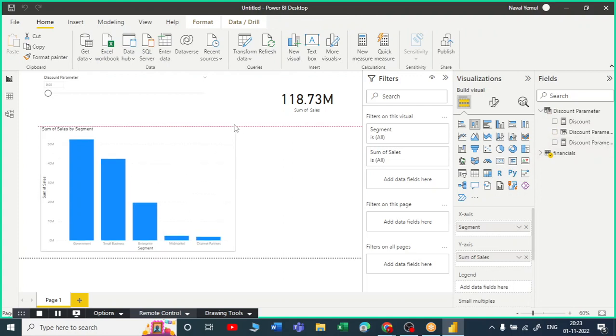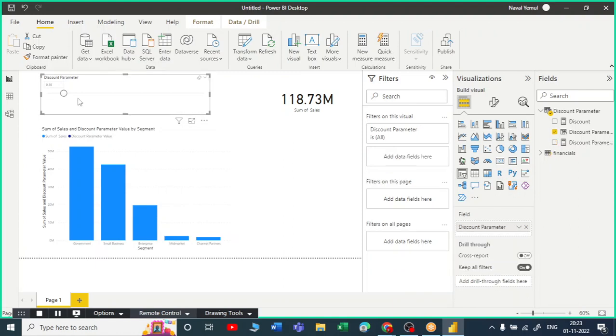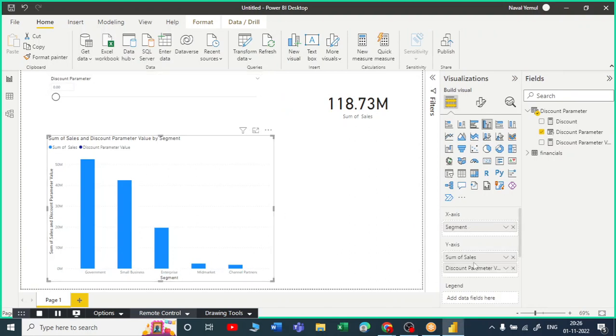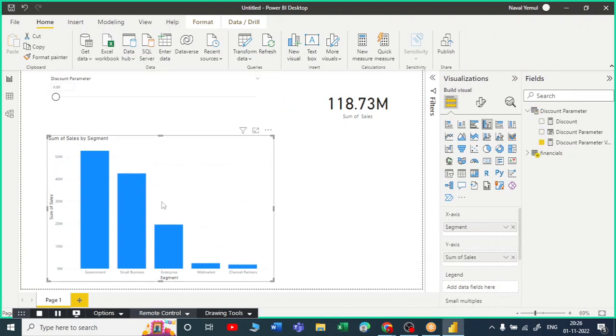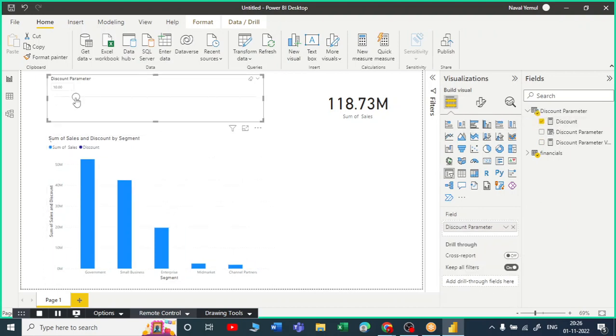this visual, let me take that in a visual. Okay, so you did not get anything because 0 is selected here. If I slide here, by mistake, I have taken a discount parameter value in this. Actually, I would have taken the discount sales. Now if I change this,